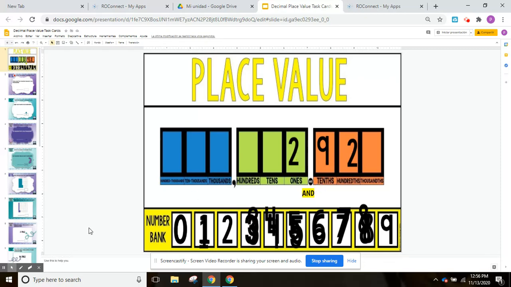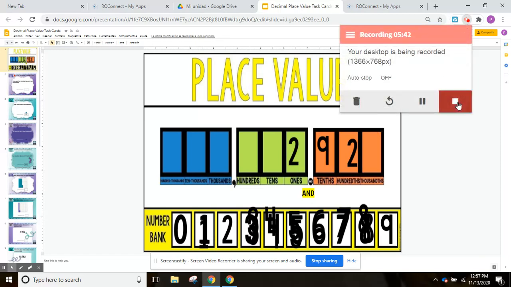Cuando leemos los decimales, cada vez que hay un decimal, we say the word and. So pretend the word and is there. Y cuando we're reading the numbers after the decimal, siempre van a terminar en THS when you say them. So tenths, hundredths, thousandths, you always read the number and whatever place value the last digit ends on. ¿Ok? Vamos a practicar esto más las semanas y los días que vienen. ¿Ok? Es un repaso rápido. And that's